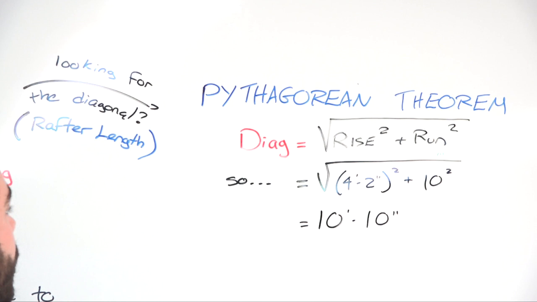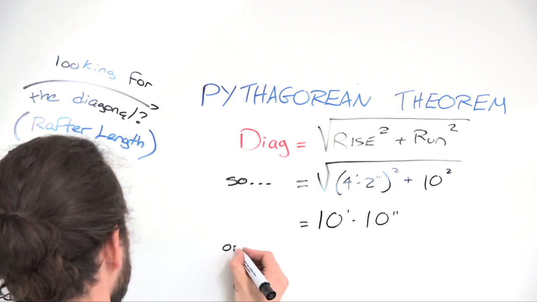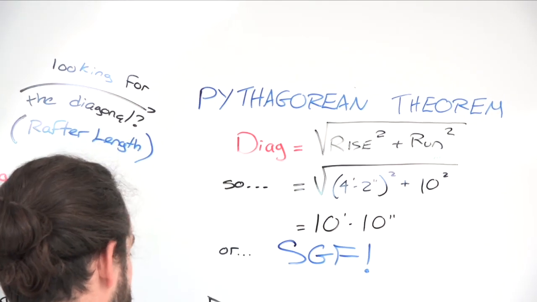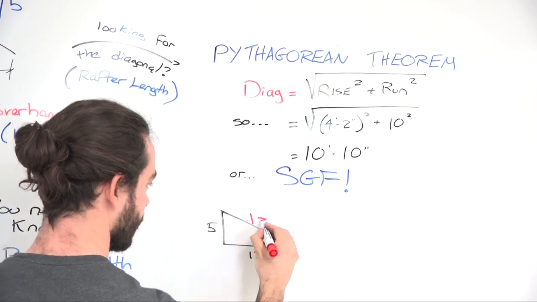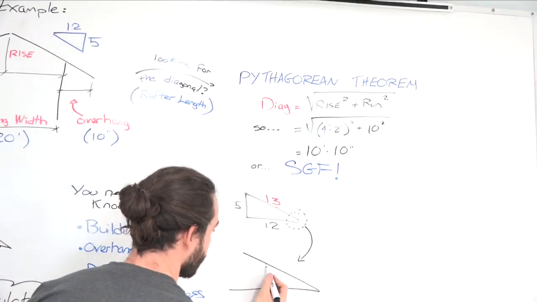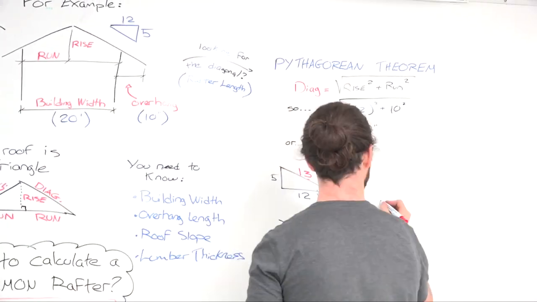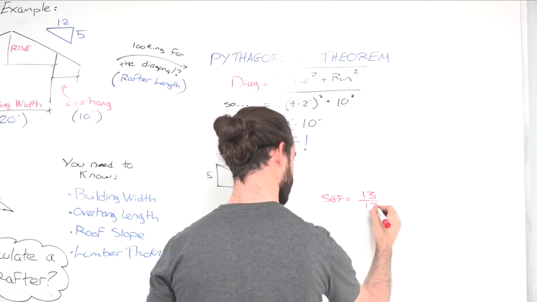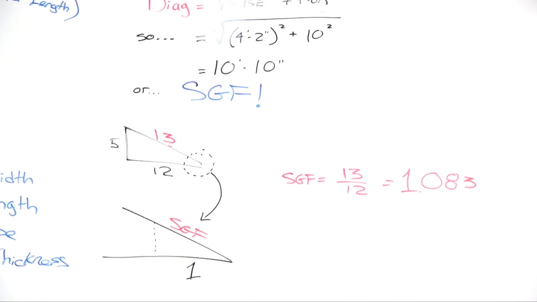There's something we're going to use which will make that process faster, because you'll see we have more steps to do. So I recommend you use the slope gain factor. So quickly, what is the slope gain factor? We start with the roof slope triangle, 5/12, and we can find the diagonal of that triangle. In this case it will be 13. So the slope gain factor is to ask ourselves, what is the ratio of the diagonal if the run is 1? So we take that number 13, we divide it by 12, and we get a number,